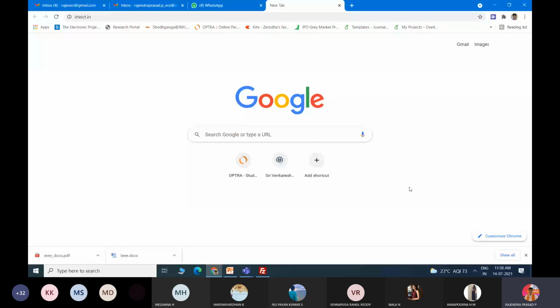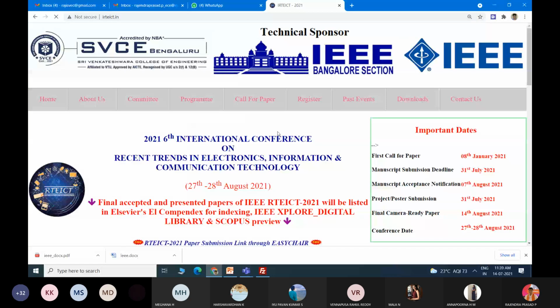Means what? Whatever changes I make, they should be applicable here. Okay. Now this is the thing. And whatever data is present, like this image is there, these images are there. You are finding it here. Okay.